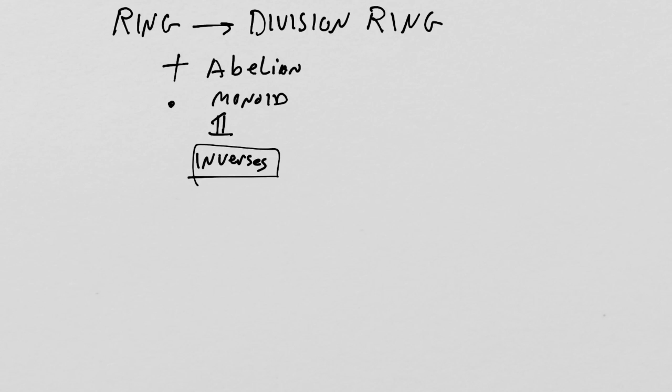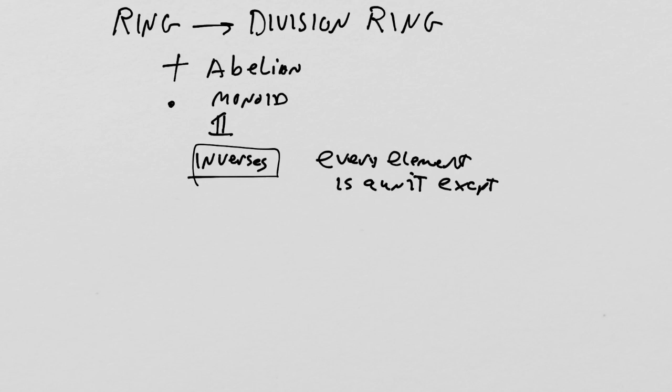We already learned that about monoids. So therefore, a ring does not demand to have multiplicative inverses. But for a division ring, every element has a multiplicative inverse. So for a division ring, every element is a unit,